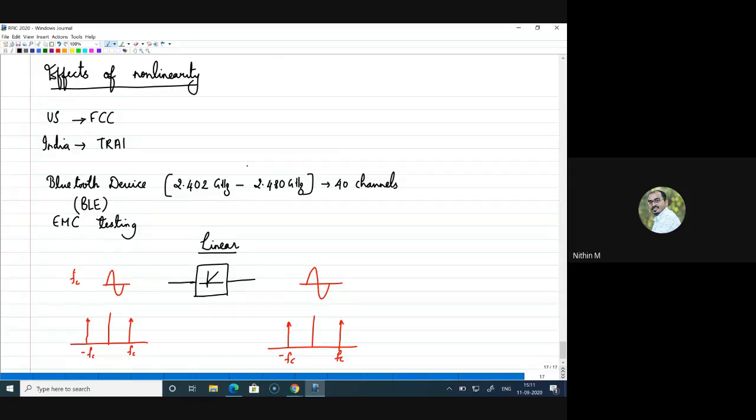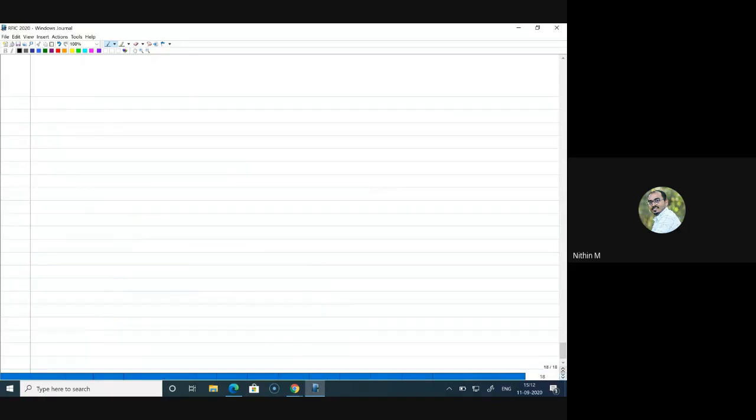Again, what I meant here is even though you have nonlinear devices within it, you will be working on the linear segment of this nonlinear curve. That purely depends on the magnitude of your input signal. So if your input signal amplitude is small enough, definitely you will get a linear response, a response where you will not have any other unwanted terms.